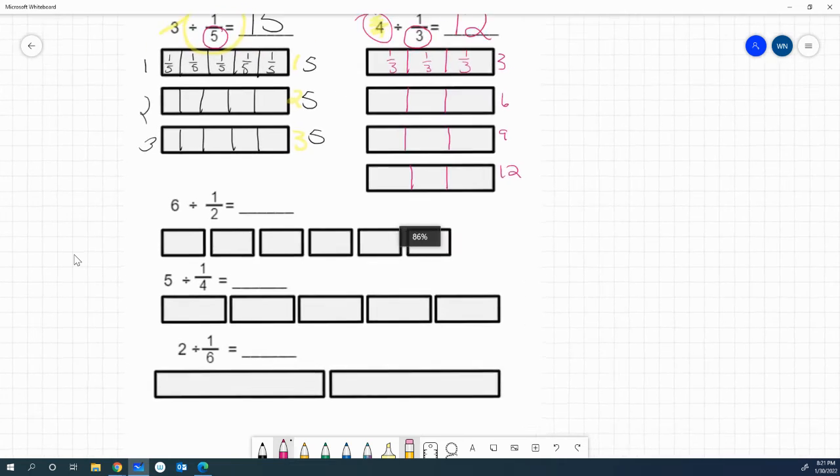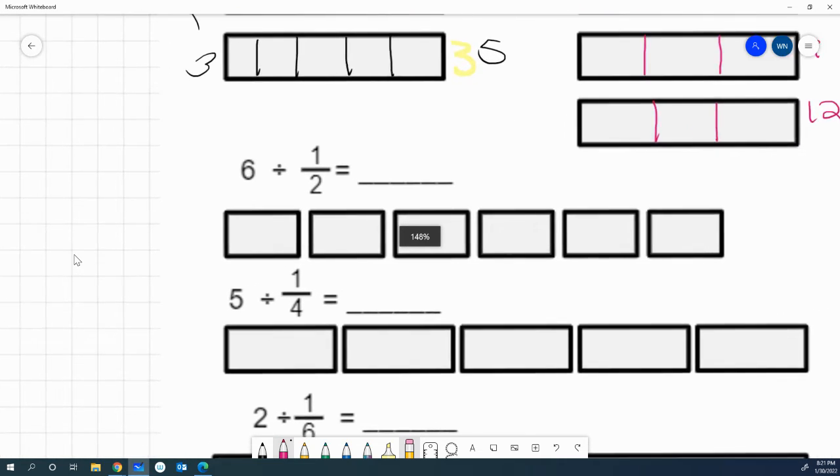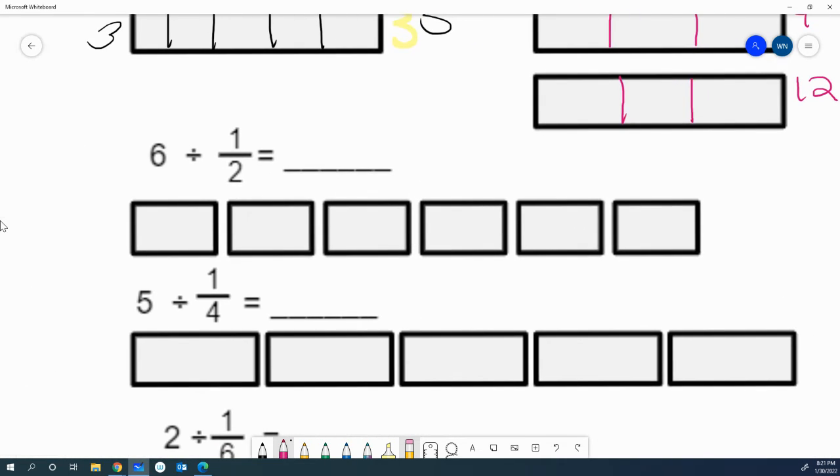Let's go ahead and take a look at this next one. We've got 6 divided by 1/2. So for this one, we're going to do the exact same thing. You have 6 rectangles here, 1, 2, 3, 4, 5, 6, and you're going to divide each of them into 1/2. Now, just like when you divide into thirds, you draw 2 lines. When you divide into half, you're just going to draw 1 line. So cut each of these into halves, and then we're going to go back and see how many pieces we